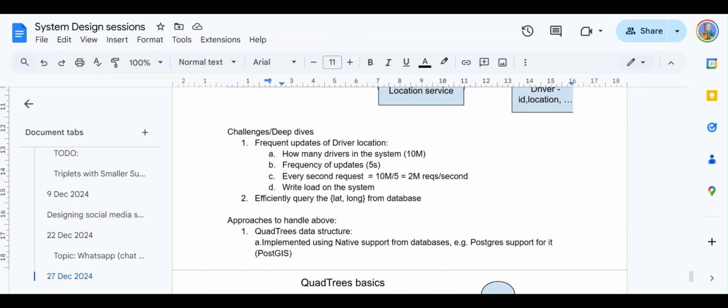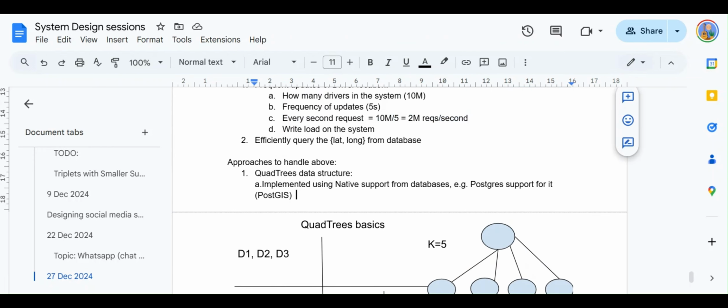So this delta is like a latency, and during that time, the location of the driver could have changed, right? This delta is also going to be problematic when, within this delta time, a rider requests a ride. Since we don't have the updated location of the driver, the results will not be very accurate for the rider who is requesting the ride. So there are a lot of trade-offs with respect to using a batch method to resolve these frequent updates.